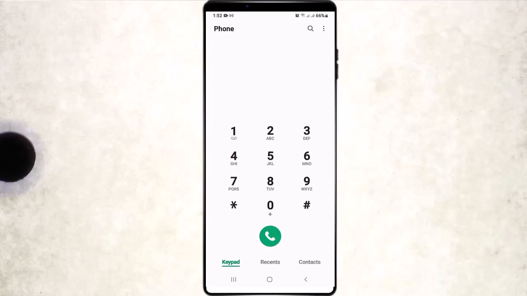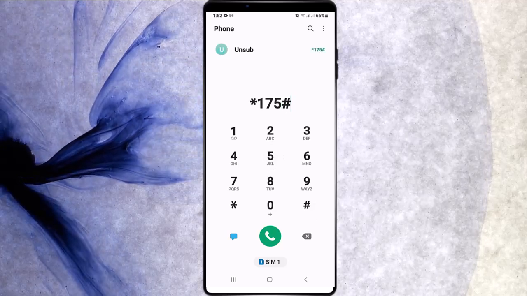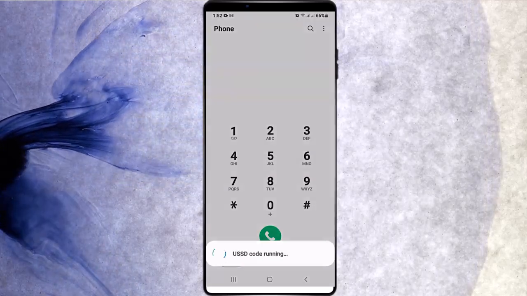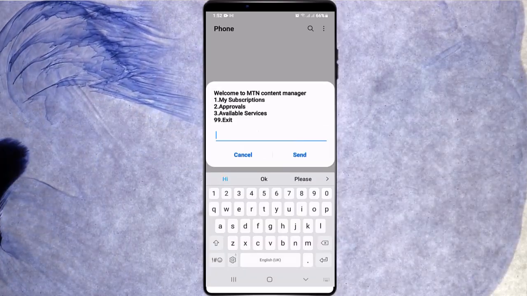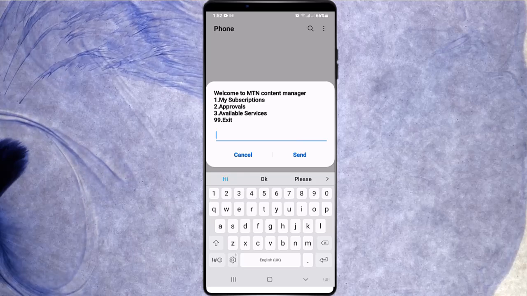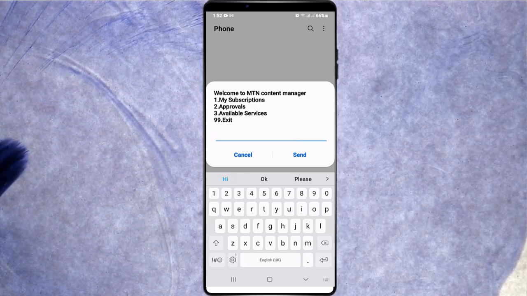So first of all, if you are using MTN, then this is what you will do. On your dial pad, dial *175# and then send. And after that, you see all options over there, and then the first option, which is my subscription, that's what we are going in for. So you select one,